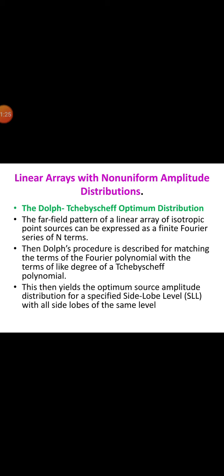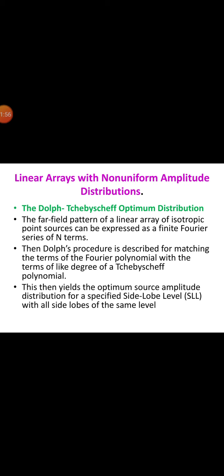Thus, for arrays of 3 to 6 sources, the relative amplitudes are given, where the amplitudes are arranged in Pascal's triangle, and any inside number is equal to the sum of the adjacent numbers in the row above. So, applying the binomial distribution to the array of 5 sources spaced lambda by 2 apart, the sources have the relative amplitudes of 1, 4, 6, 4, 1. So, the resulting pattern is binomial, and methods of calculating such patterns follow.